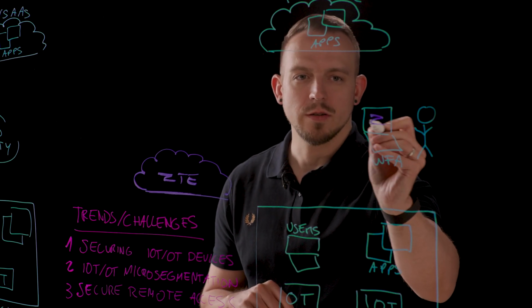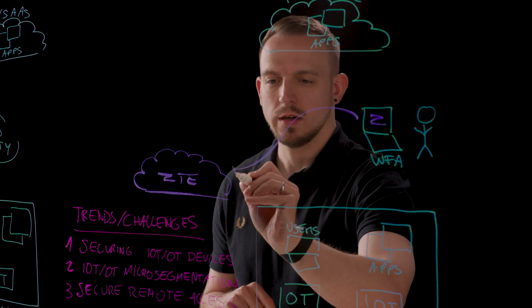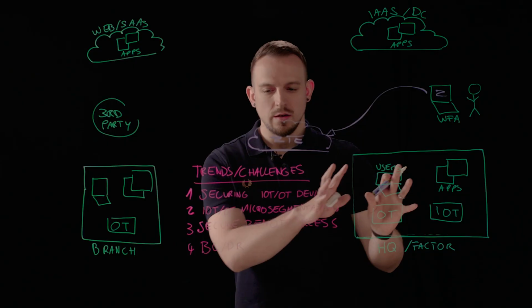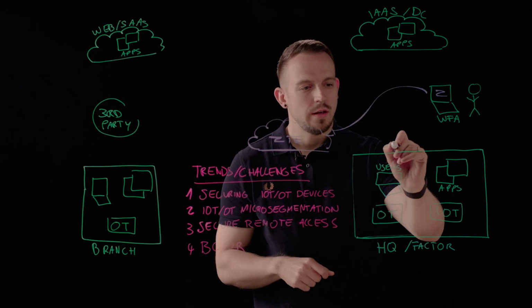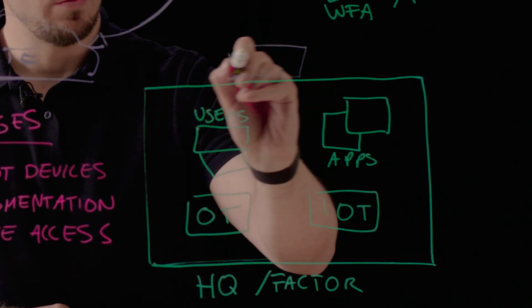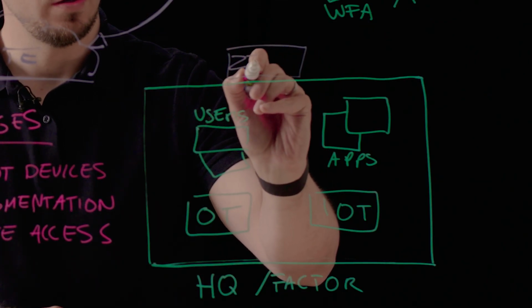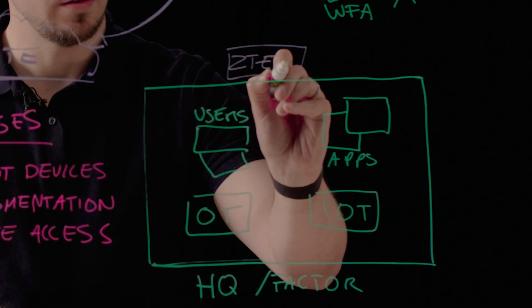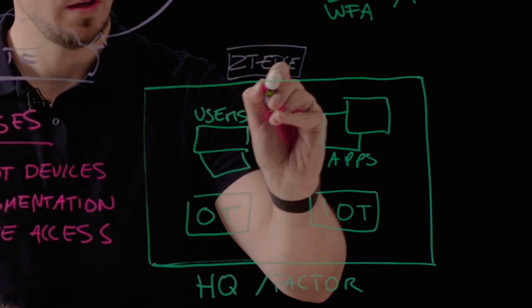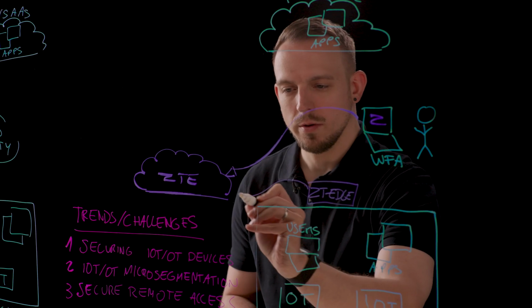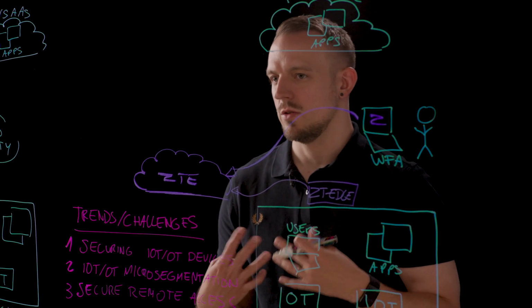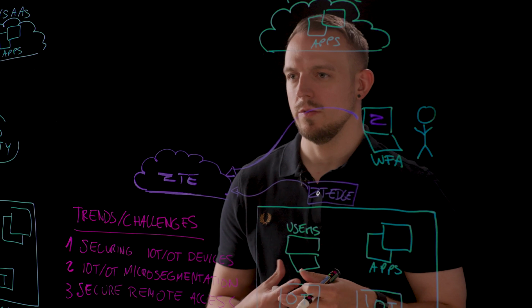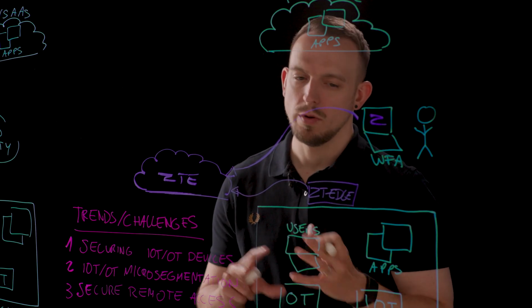For your users, it's super simple. We just install an agent on their devices that connects to our cloud. But when it comes to those devices where you're unable to install an agent, on the edge of your network, we can place a virtual or physical device that is called a Zero Trust Edge. And that also creates an outbound connection to Zscaler and is fully managed by us. You just configure the policies and what kind of security measures to implement.